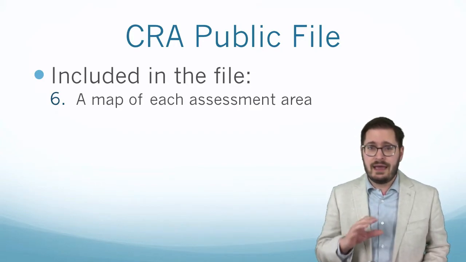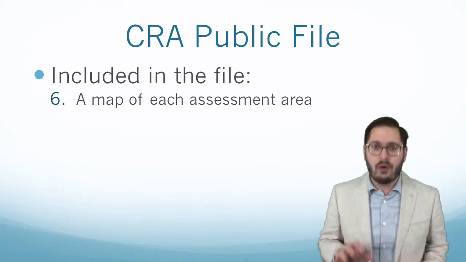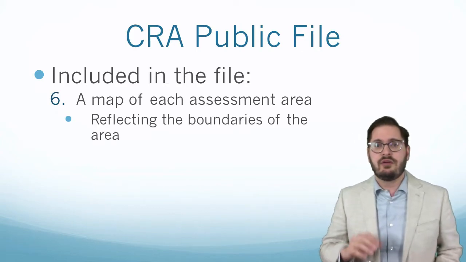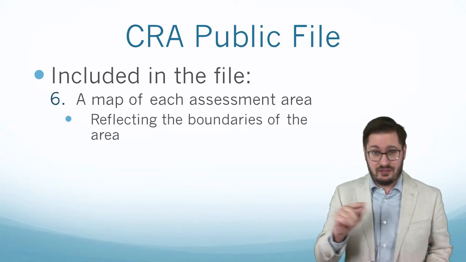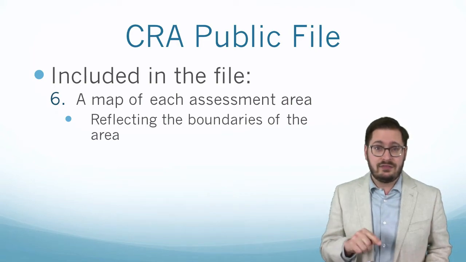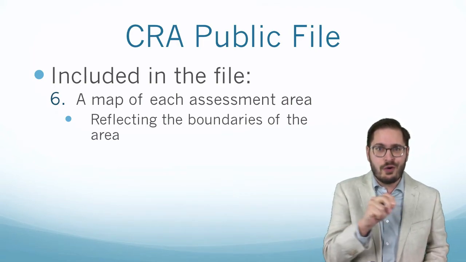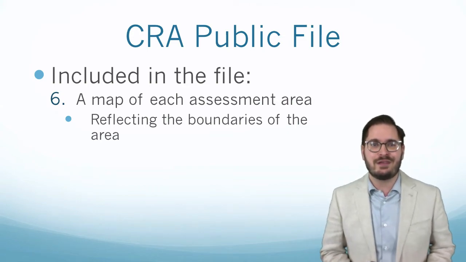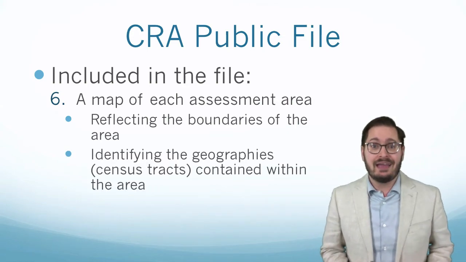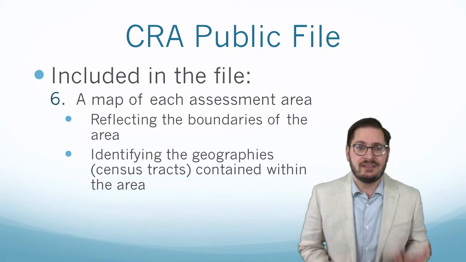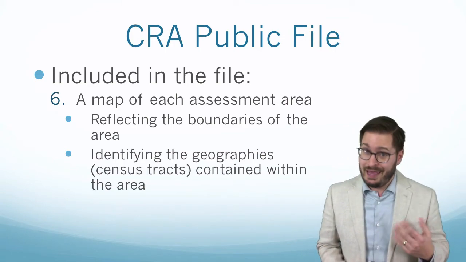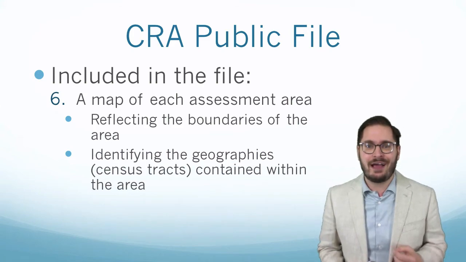So this would be a physical visual map of your assessment area that would reflect the boundaries of your assessment area. So have a hard line. I've seen some financial institutions use a Sharpie marker to draw in the assessment area and the boundaries. And also you need to include the identifying geographies, otherwise known as, you got it, census tracts that are contained